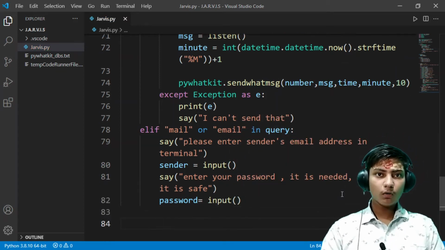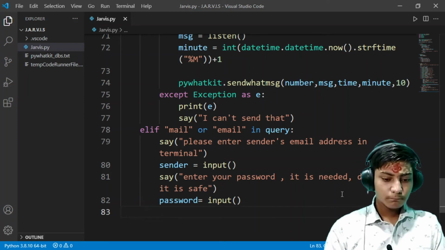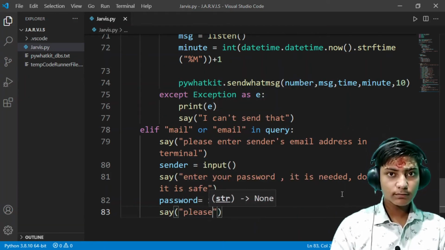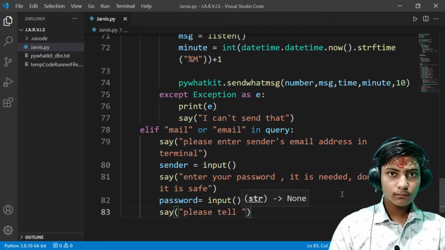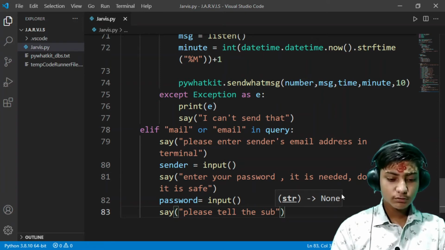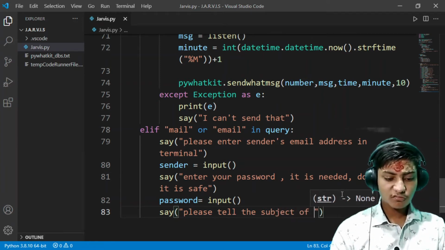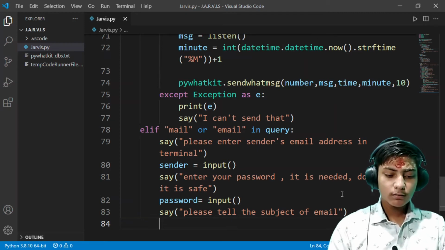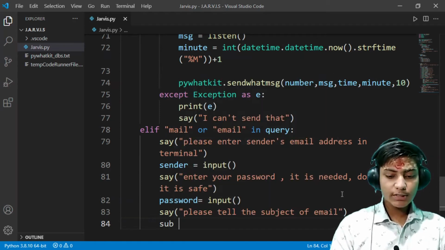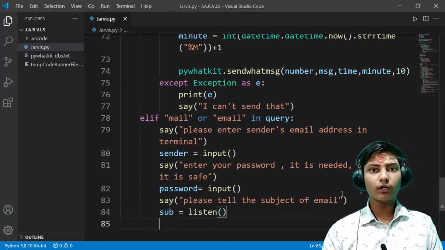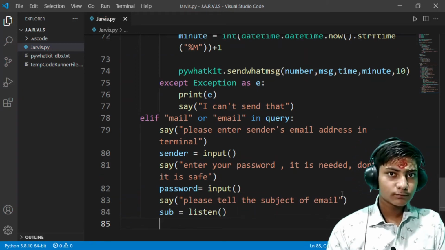Yeah, now say please tell the subject of email. Now subject or sub is equals to listen. We can give it as it is not a security purpose, and then